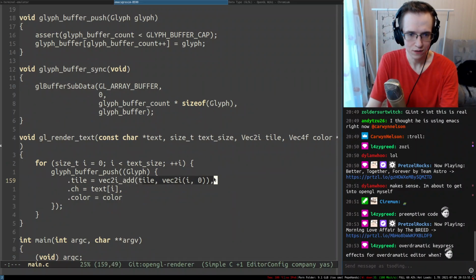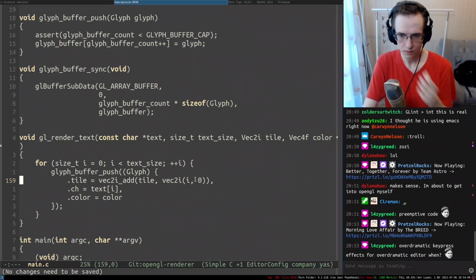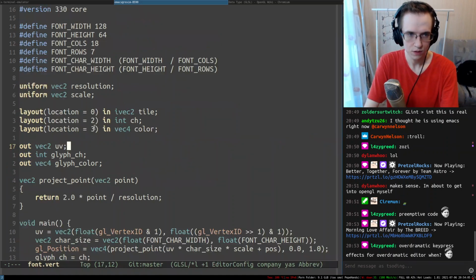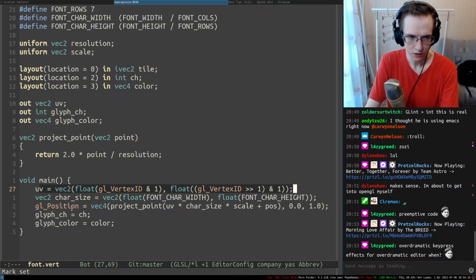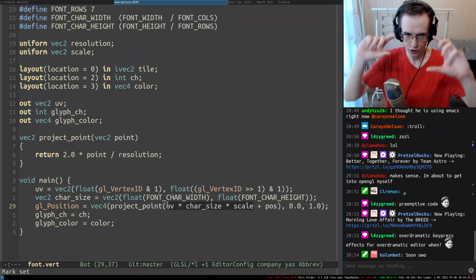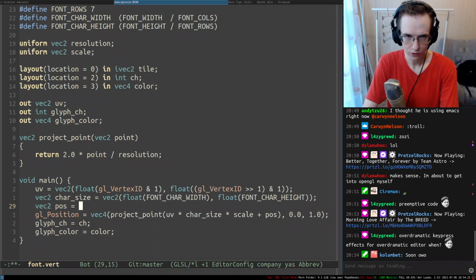So this is that, and I'm updating x, which is correct actually. Okay, so let me see. Here's the UV coordinates, here's the character size with floats, which is fine. Then we prepare the shape of this entire thing and we add position, but position actually is not enough. So we need to calculate position now.